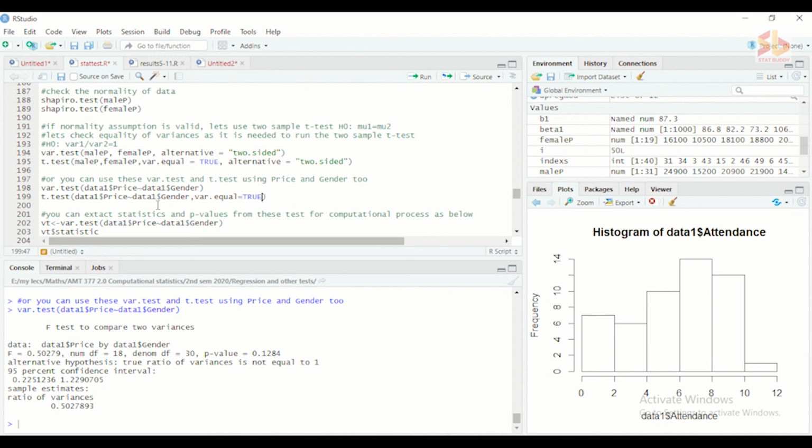So the t-test can be performed like this, the same way we input the command to the variance test.